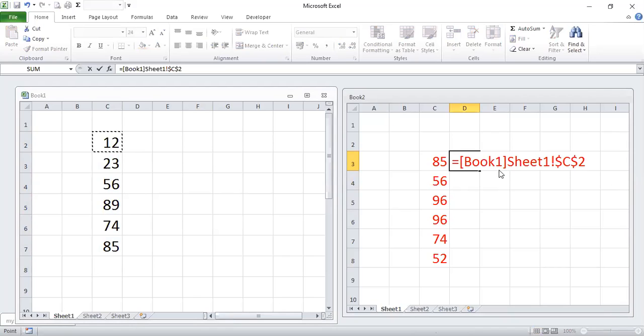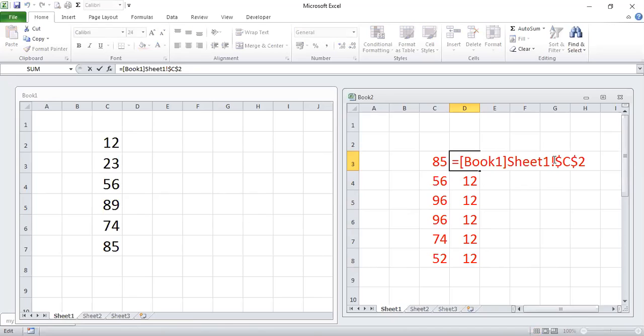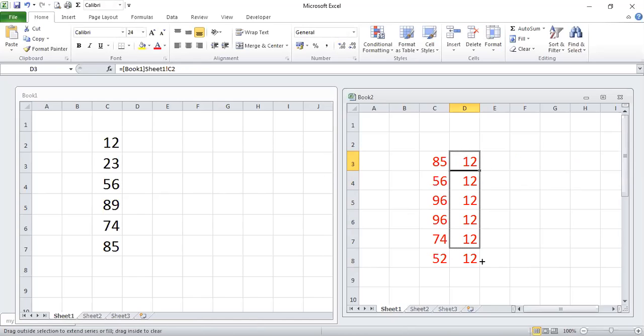Book one उसका नाम है file का, the file name is book one, and then sheet one is the sheet name, and the location is C2. Press enter, right? Likewise, it has only given 12 on dragging. The reason is that the dollar sign is added, and if you remove this dollar sign and now drag it, it will automatically copy all the values present over here.